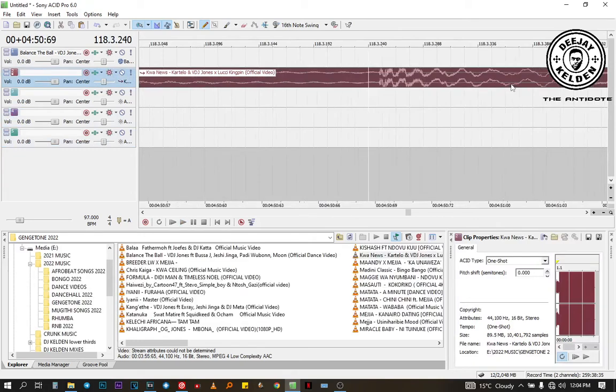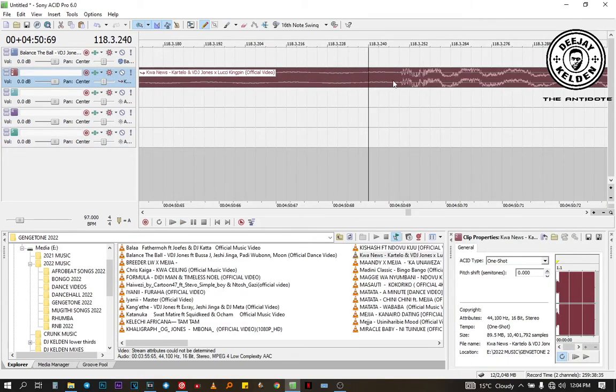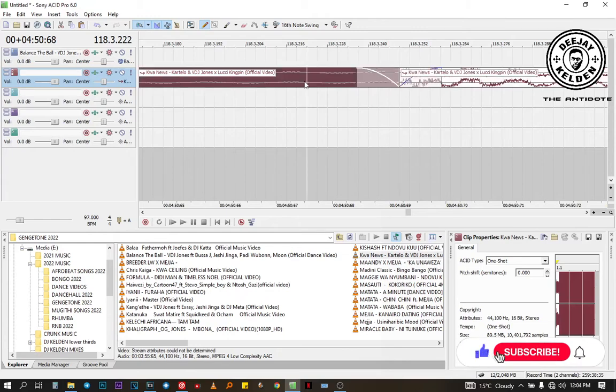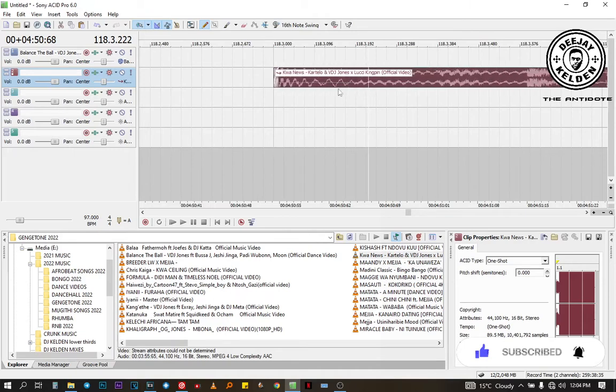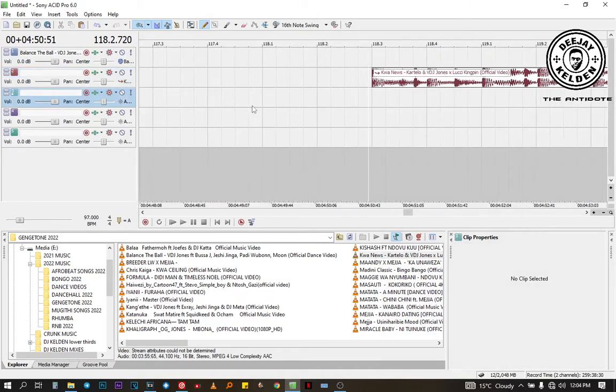So guys, if you don't know how to set a cue point, let me just basically explain what a cue point is. A cue point is a point at which you want to set your song to start when making a mixtape. And most of the time you choose a bass. As you can see on this